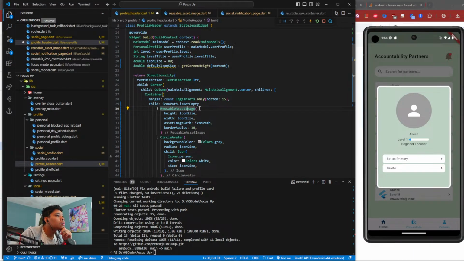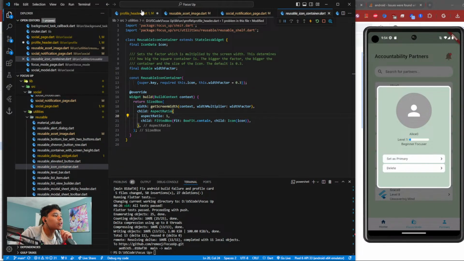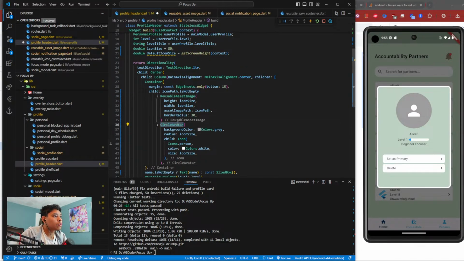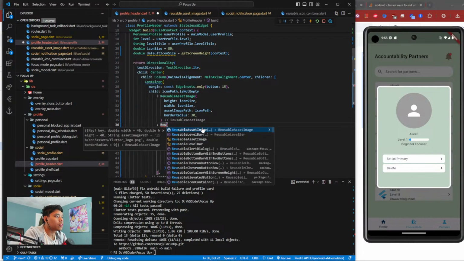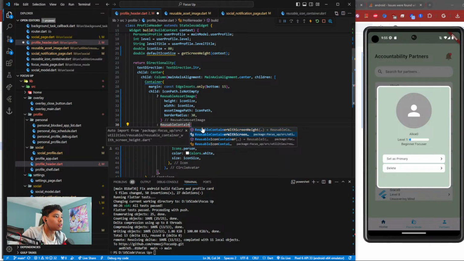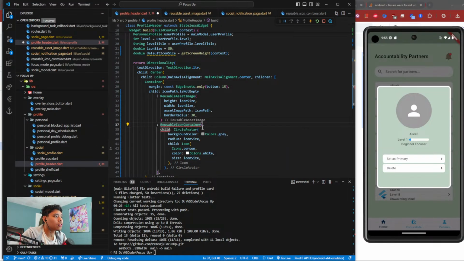So, what do we have here? The reusable icon container uses get screen width as the size box, and it makes it fitted to contain. So for example, if we do this and we use reusable container, reusable icon container,